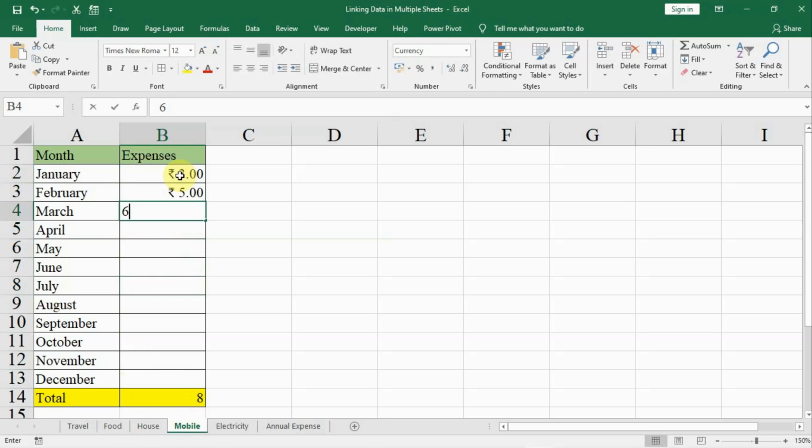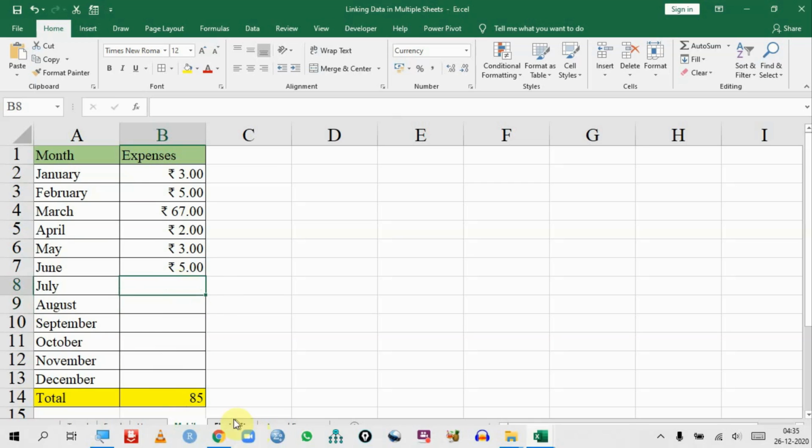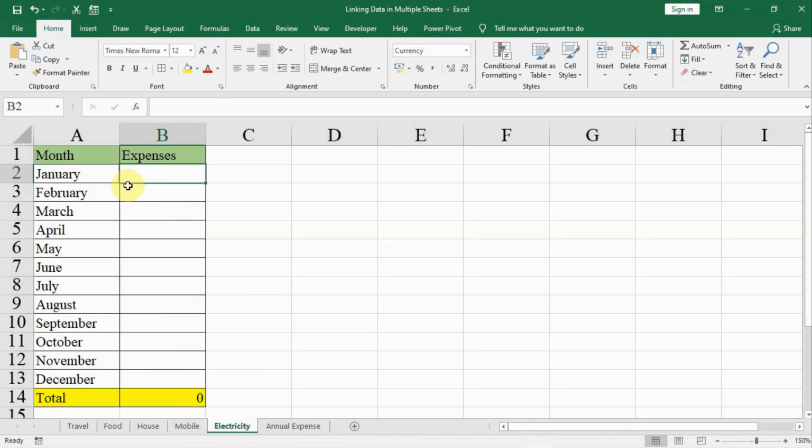Whatever amount, just arbitrary amount to show that some expenses are being made in these months and these are the expenses. And similarly do it in electricity. Now see all expenses are there in rupees. Amount is just arbitrary for the sake of understanding.